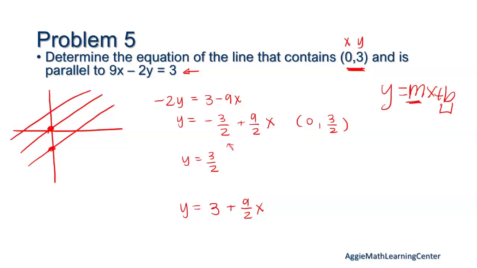Like if we moved it right here, it'd still be parallel. Okay. Yeah, so how I usually do it is I just do y equals, and then we put our slope in, whatever we got, and then we can put our point in and try to solve for b to figure out where we want it to cross. Like this one gave us the y-intercept, so we knew it was 3, but if it didn't,